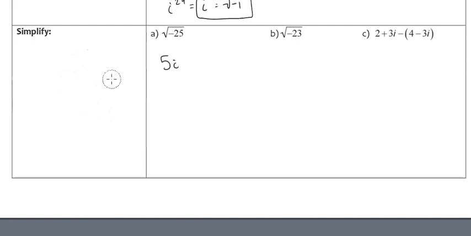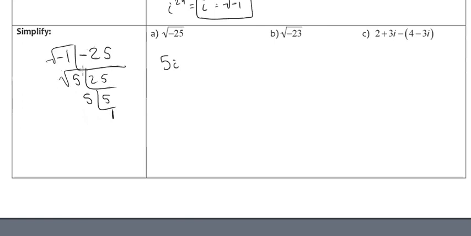You also might see people using the upside down cake method. So negative 25, and what are the factors that go out of that? Well, I can factor out a -1, and on this you don't use all your prime numbers, just the -1 there to get that out. So positive 25 gives 5, and 25 divided by 5 leaves you with 5, and divide that by 5 gives you 1, and there's kind of like a candle. That's why sometimes folks call it the upside down cake method. Again, these are all the square root of, and the square root of 5 times the square root of 5 is just 5, and the square root of -1 is i. So again, we get to